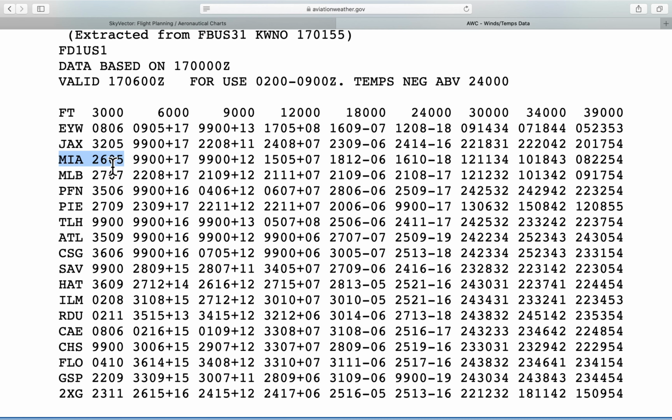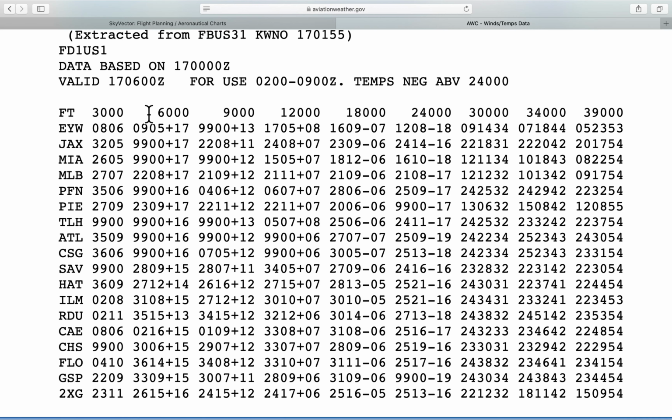Remember, you always have to add a 0 after the first two digits because direction is always in 3 digits. So supposing it's an easterly direction, you will say 090 to make it 3 digits. Let's take another example. In this case, MLB, which is Melbourne Airport, 270 at 07 knots. In this airport, 350 at 06 knots. So this is how you add a 0 after the first two digits and then say the winds.